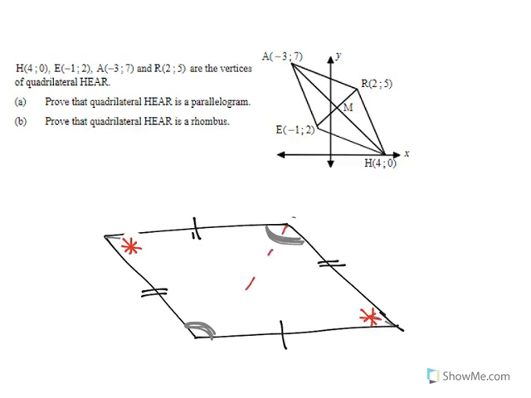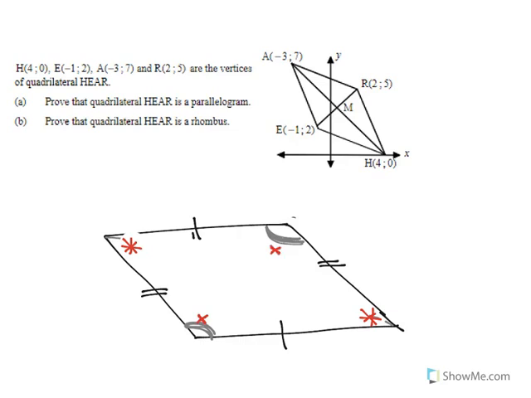So if you draw in this diagonal instead, then you'd also have 2 congruent triangles, and therefore those 2 angles are equal. So I've managed to show that opposite angles are equal. Now I'm going to show that the opposite sides are parallel. And so what we have is, if I call this angle x and I call that angle x, so if this angle is x, then this angle is also x, because I've shown that those 2